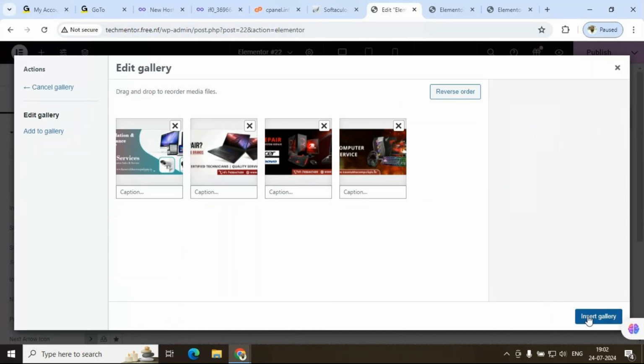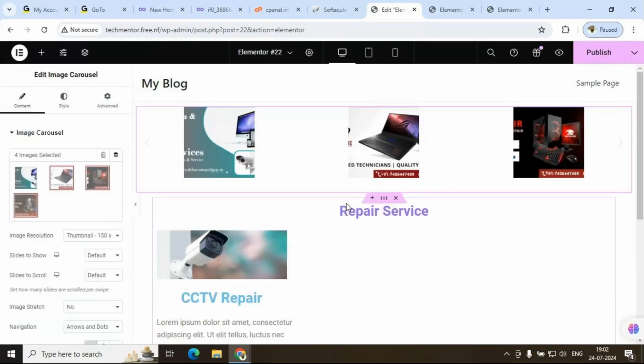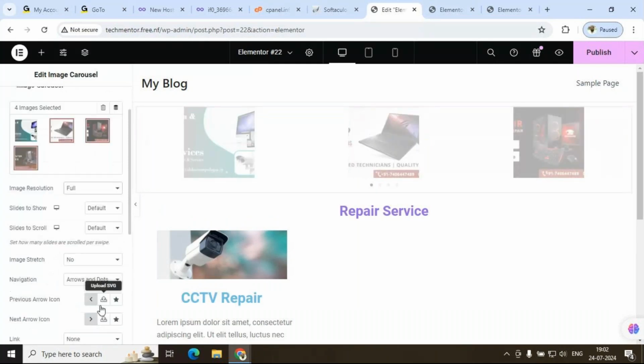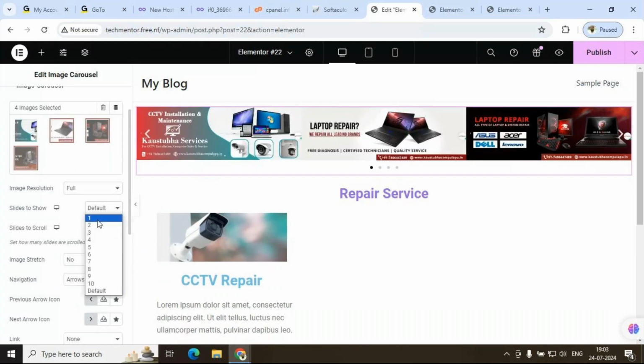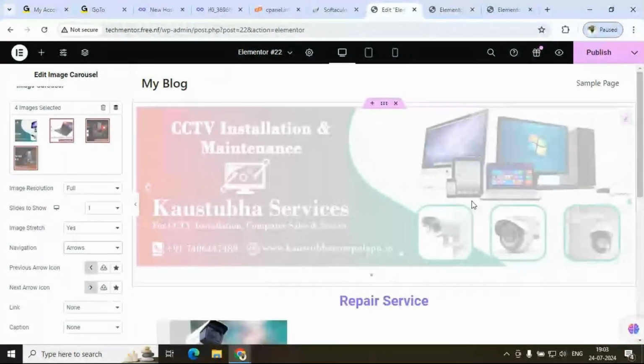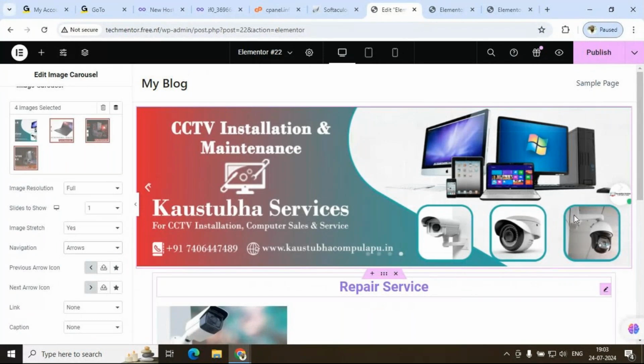Then insert, take that into full screen. Only one, yes, arrow wise, enough. Now if I click the publish button,